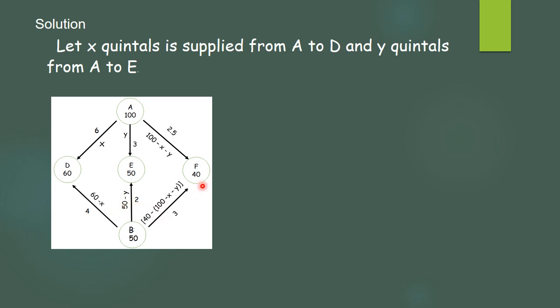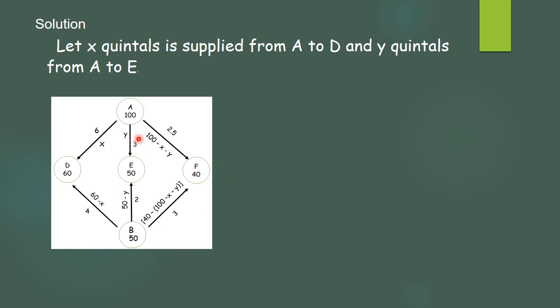Now what we require is F. The requirement of F was 40. Correct? And from this 40, how much have you supplied? 100 minus X minus Y was supplied by A. So what will be supplied by B now? That is 40 minus (100 minus X minus Y). And this is an important diagram. If you do not draw the diagram, you will not get to understand. You will not be able to find out the values as well. So this is an important part of this question. Whatever information was given in the question, we have just made in one single diagram and we have tried to write in very short form.